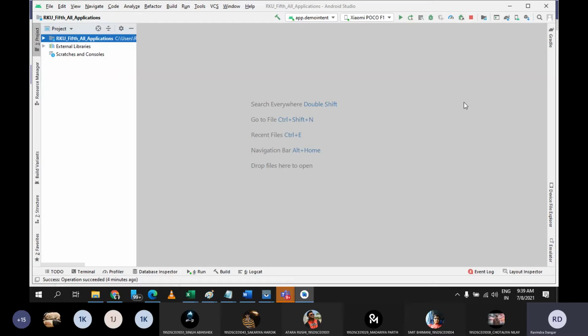There are many things. And as far as spinner is concerned, in Android application there are two types of spinners available. One is your simple spinner and another one is your custom spinner. Fine. Can anyone tell me what could be the difference between simple and custom spinner? Anyone? Based on your understanding only. As of now, you don't have any idea, but still, based on the naming, I'm saying that one is simple spinner and another one is custom spinner. Based on the name, can you differentiate both?